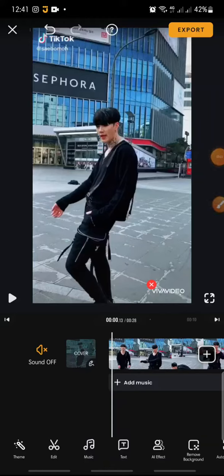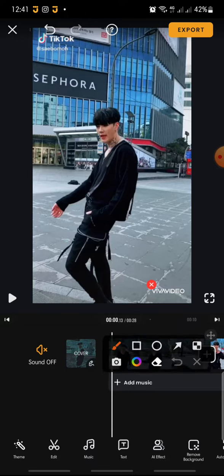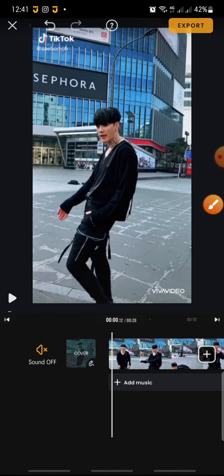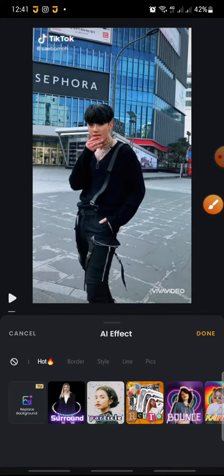In this video, I'm going to show you how to add variety effect on a VivaVideo apps. Now let's get started. First, open your VivaVideo apps, and after this, in here you can add the video that you want to edit. And now if you wanna add a variety effect on this video, so you just click on the all effect at the bottom, click on it, and then in here you just click on the line,